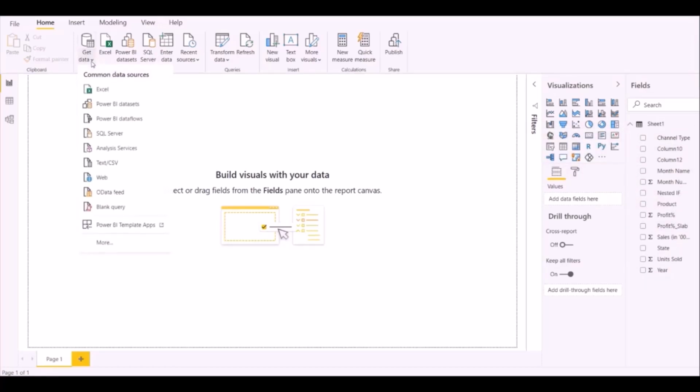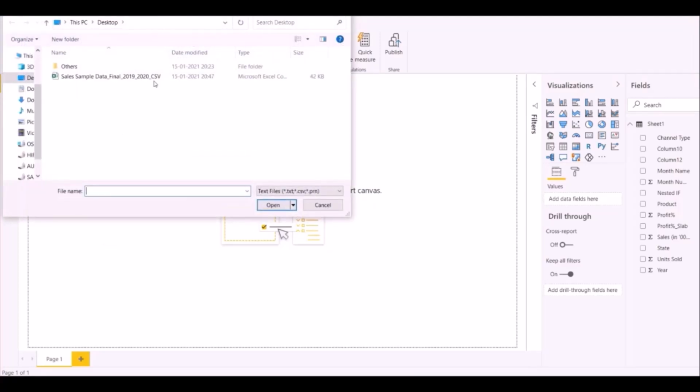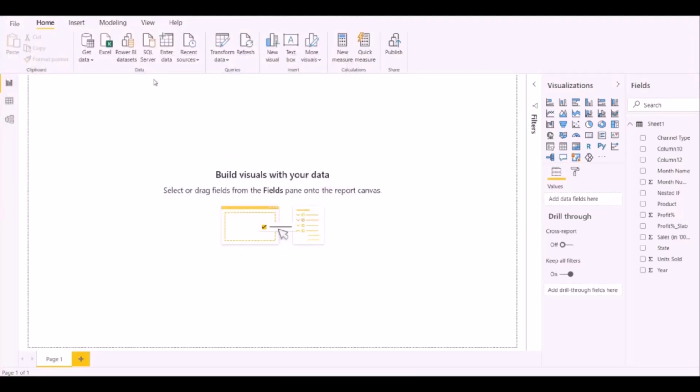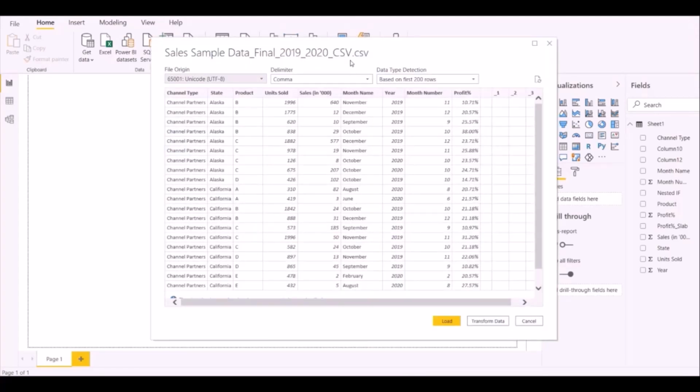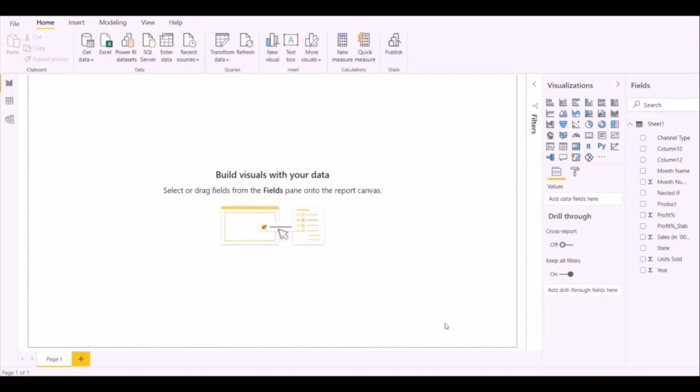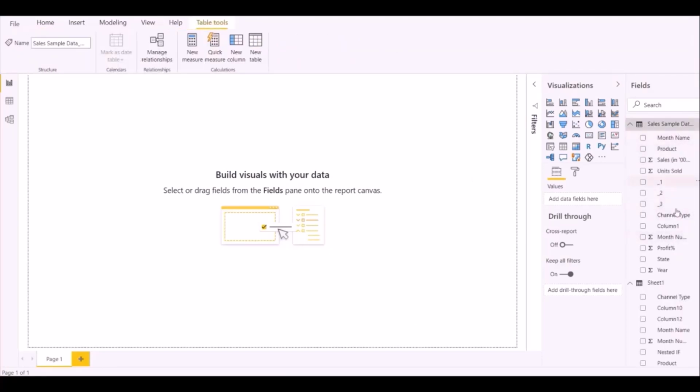Now let's import CSV file by this. Just select the CSV file. Now these are delimiter options. Click on load. Now let's check. Okay, it is here.